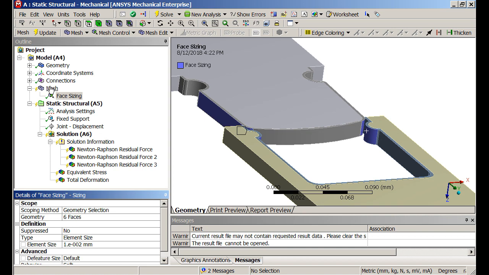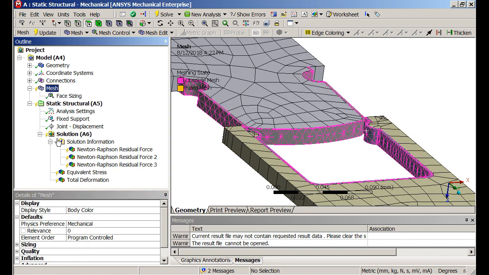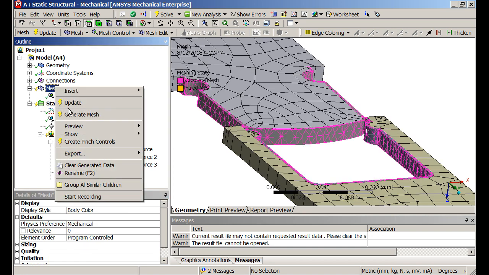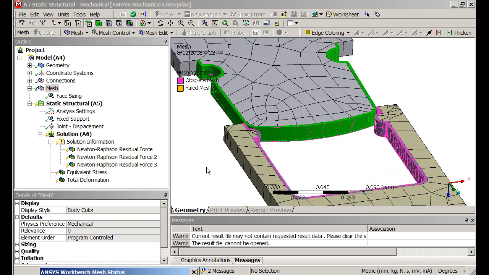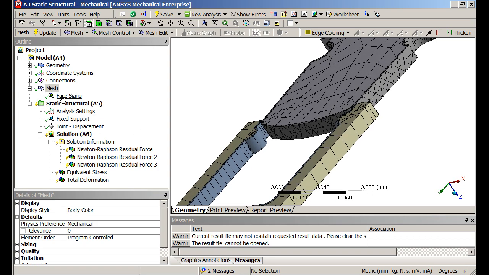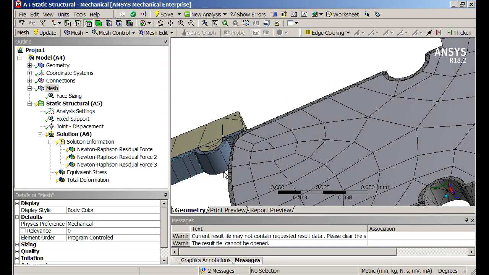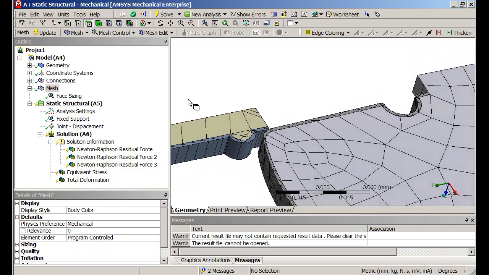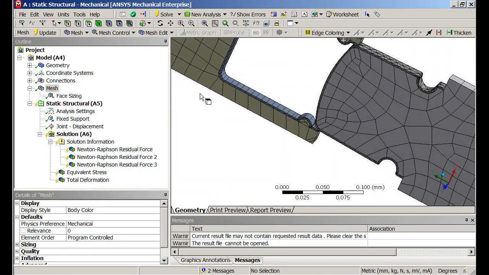Apply. Let's generate that mesh. That is a smaller set of elements, but another approach is